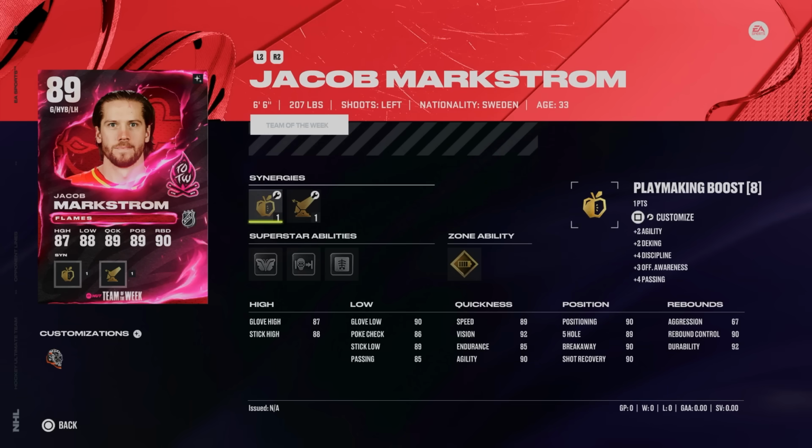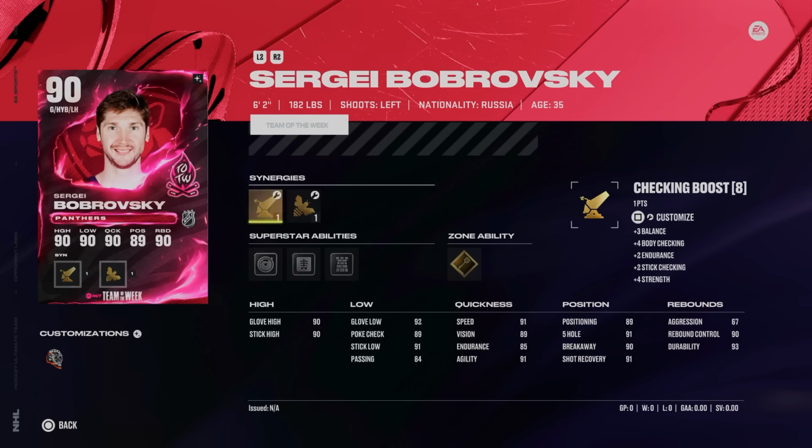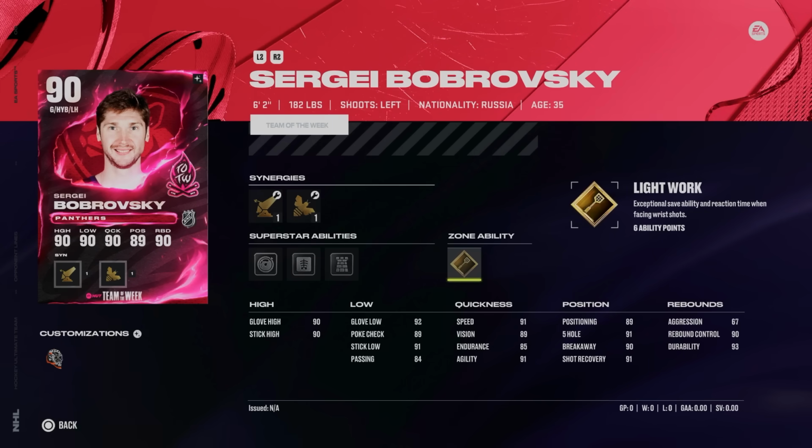I think it's the only one that matters on top of Showstopper, for example. But he is 6'6" and 89 overall. He was the GOAT at one point. And then the 90 Sergei Bobrovsky that does come with gold light work. I just don't think he's tall enough to warrant going out and spending 50 to 100,000 coins on